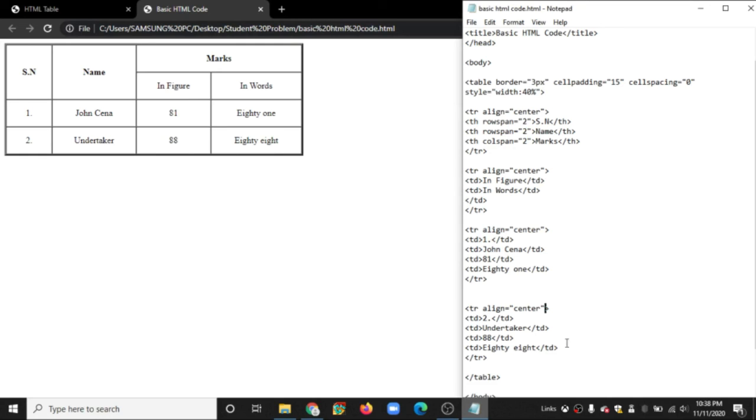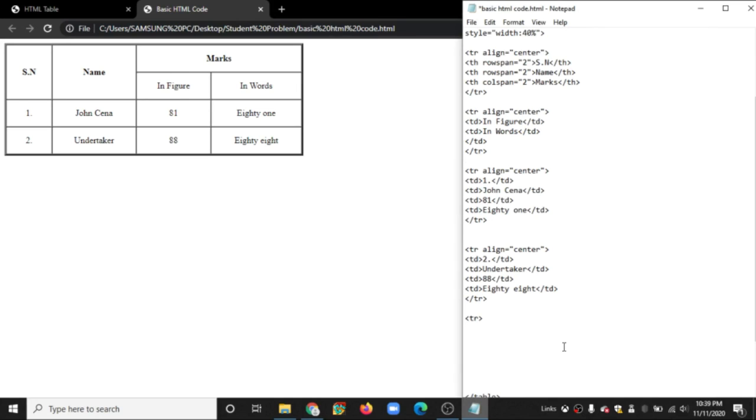So I will show you how to use further code like table head, table row, table row, table head, row span is equal to 5.